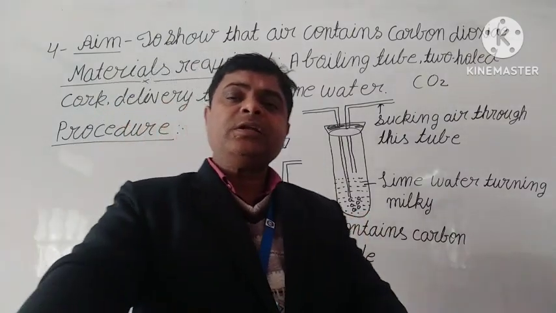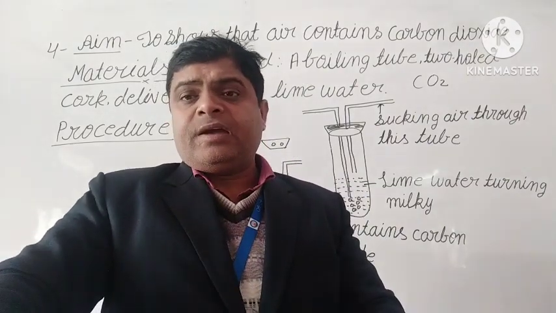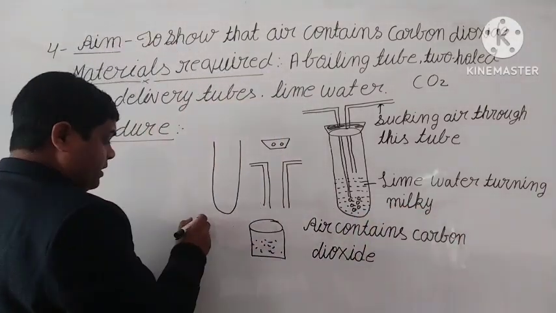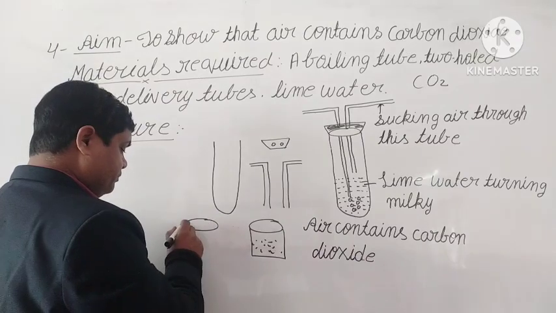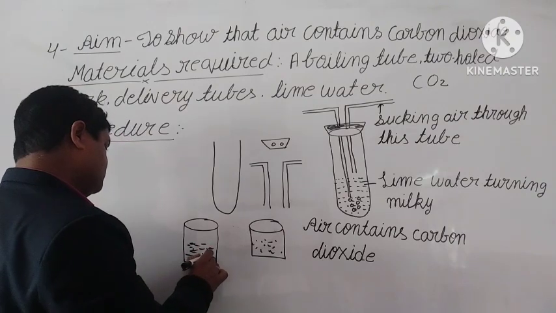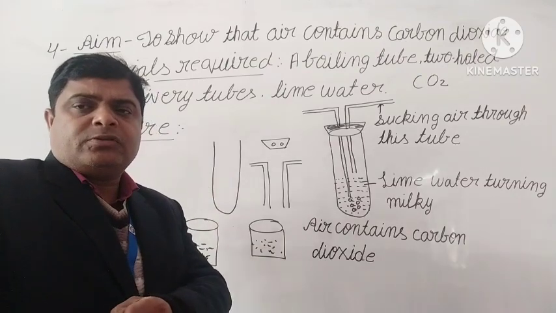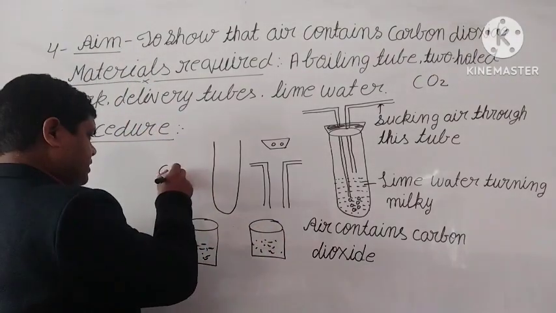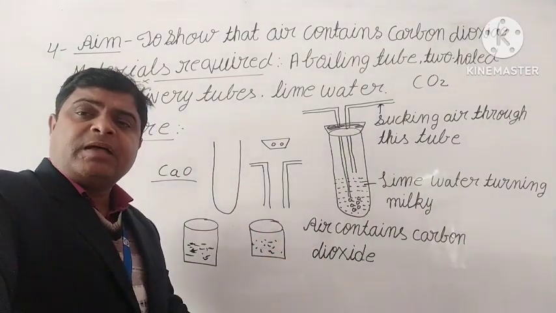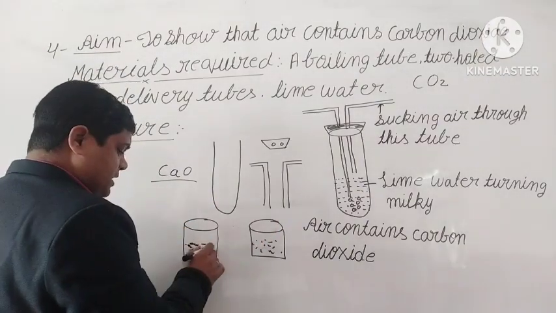Students, do you know what lime water is? Lime water means water that contains lime. And do you know how to make it? See, it's a very easy process. Take one beaker and put some water in it. Clear? And after that take some stone lime. You know stone lime? Calcium oxide. CaO is the formula of calcium oxide, stone lime. Clear? Just put this stone lime inside the water.